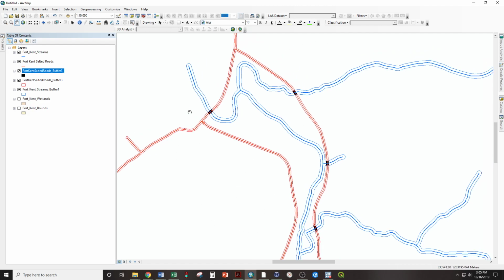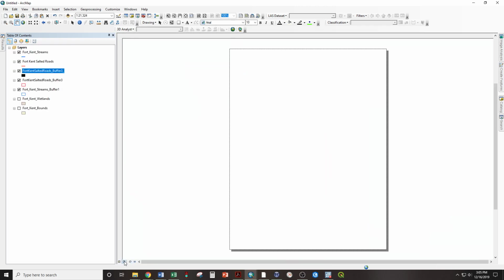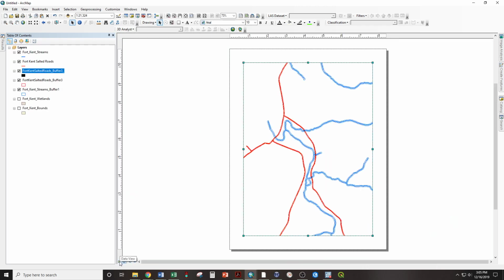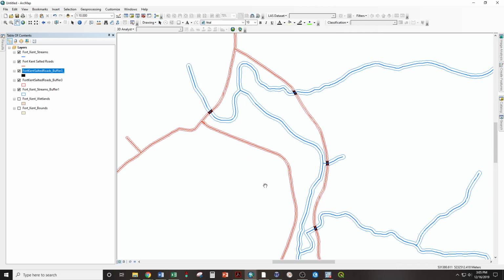So now we've done all we can do in the data view, and we need to switch over to layout view. Down here we have the ability to toggle between data and layout view. It's faster and easier to scroll around and move in data view, but layout view is where